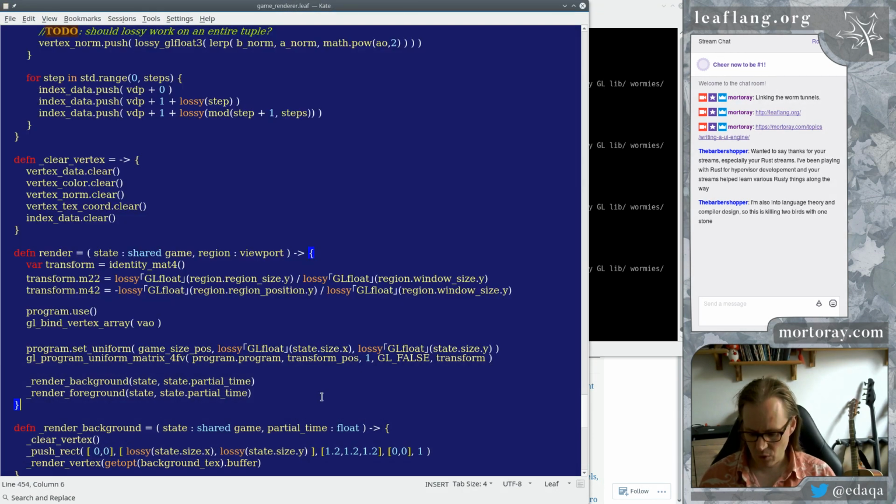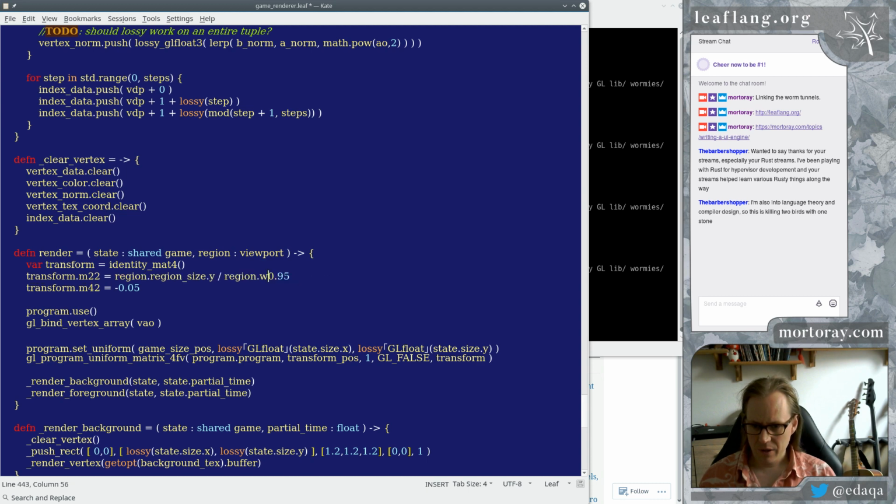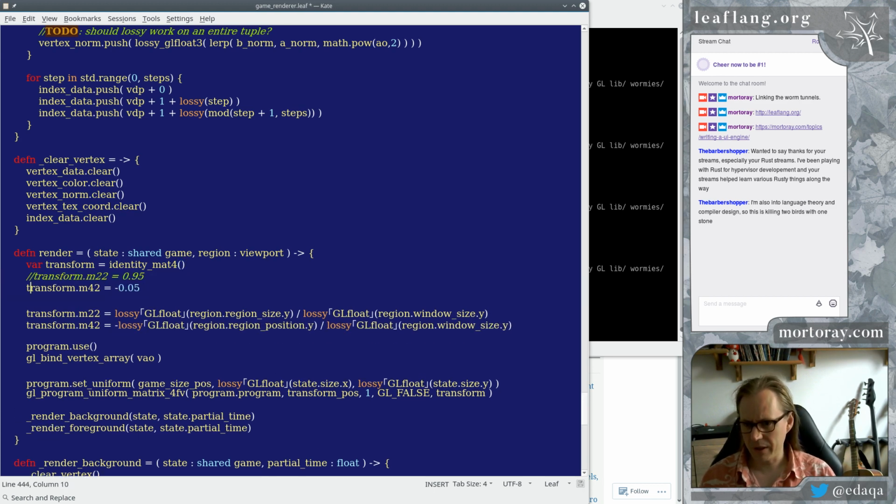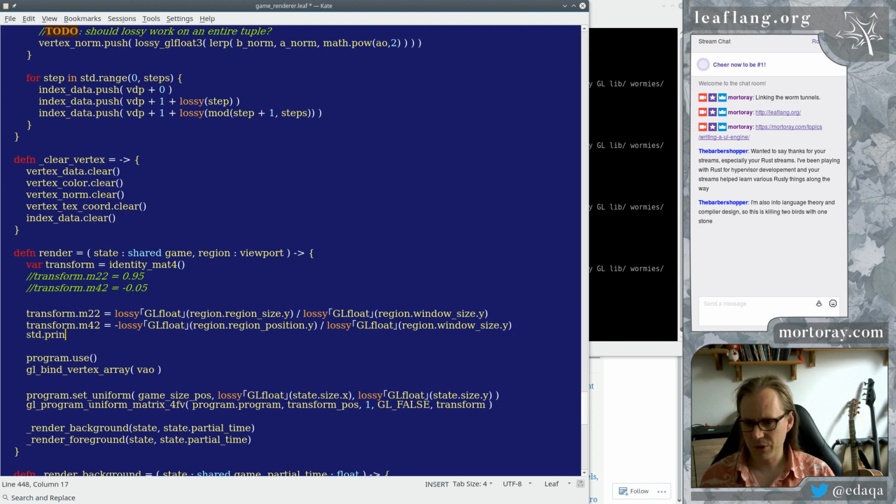Well, let's just look at what we had before. Minus 0.5 and 0.95. Let's copy this and figure out what we had. What are these values coming out to? Again, let's just debug this way, standard print line. Putting all this stuff into a library and testing it would be the ideal approach, but I'm just trying to show progress in the language before we build up everything. I don't want to go right into testing until we have a functioning language, because the test library would then not look correct. Transform to M22,